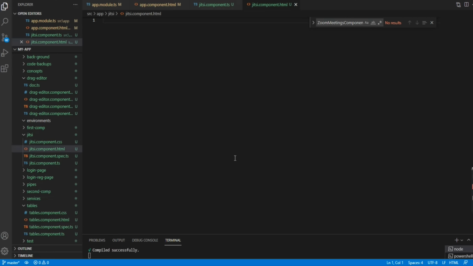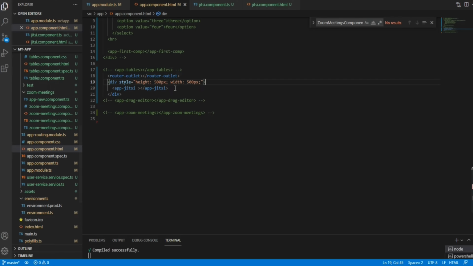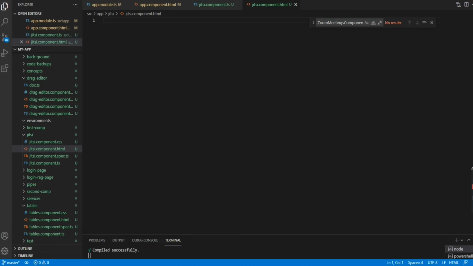Okay, coming to the coding part. I will share a website with you, which has a document of the complete Jitsi, so you can take the reference from that website. I forgot to mention that I have integrated Zoom and Edumate. I don't know the maximum number of people who can join a meeting in Edumate, but I think Zoom also has some limit on the number of people who can join.